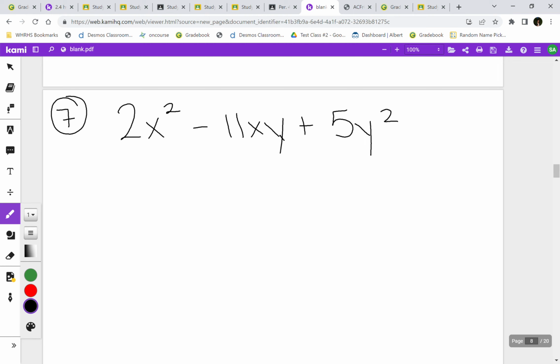How many people are using earmuffs? Okay. How many people are doing guess and check? How many people are doing a method they learned in middle school? Okay. So I will do this one with guess and check, and then I'll do it again with earmuffs. So with guess and check,